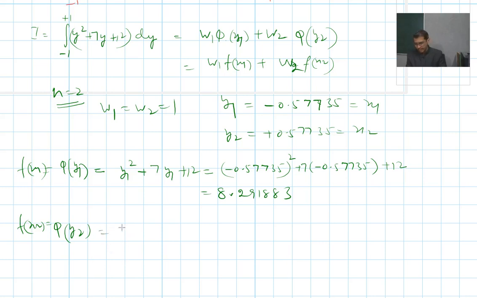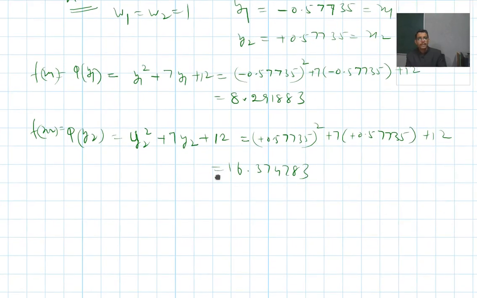So it is y2 square plus 7y2 plus 12, it is equal to plus 0.57735 whole square plus 7 into plus 0.57735 plus 12, and after simplification it will become